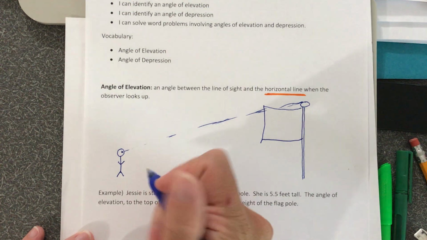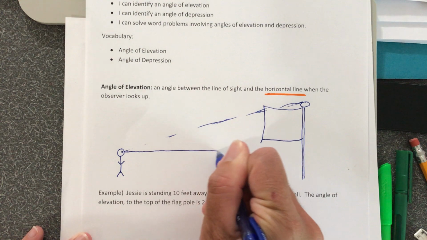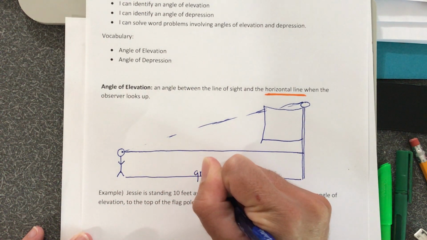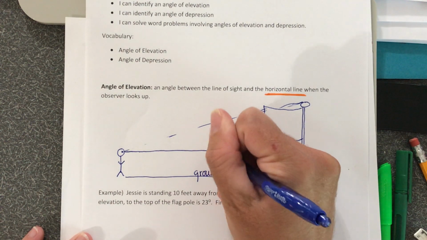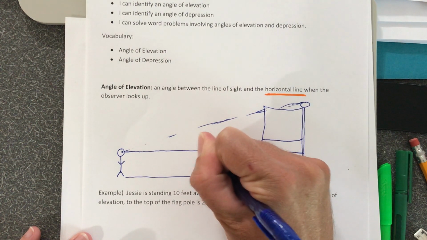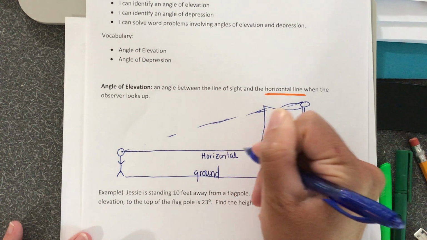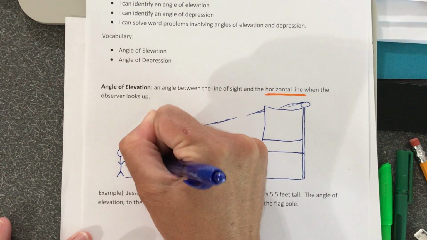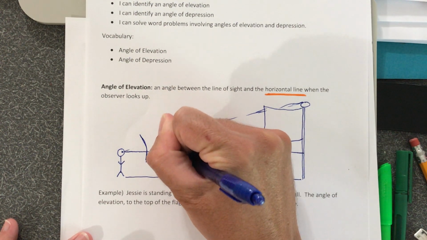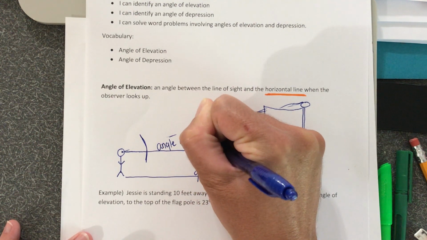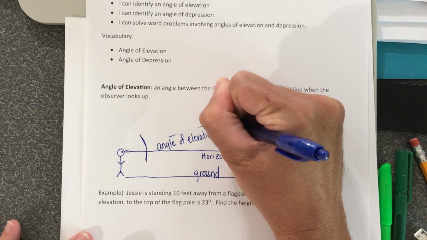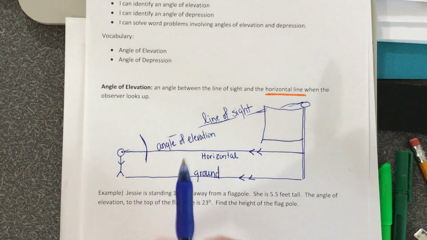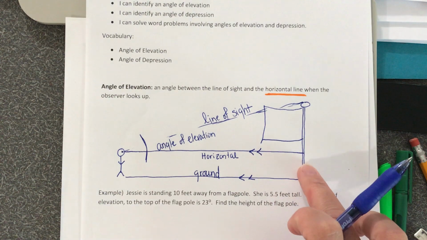Well, that horizontal line is made when you make a line that is parallel to the ground. So this is your horizontal line. And again, it's parallel to the ground. And so my angle of elevation is this angle right here. And this is my line of sight. Okay, so angle of elevation, an angle that's made between the line of sight and a horizontal line when the observer is looking